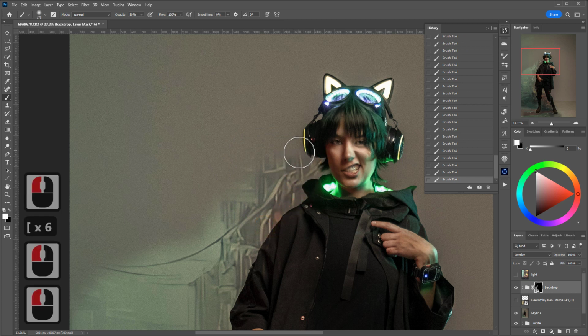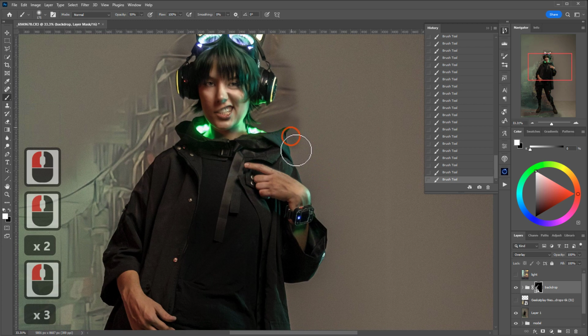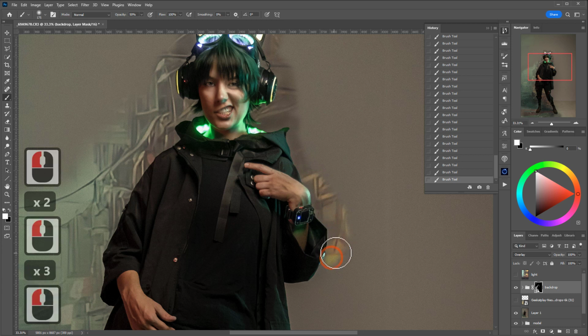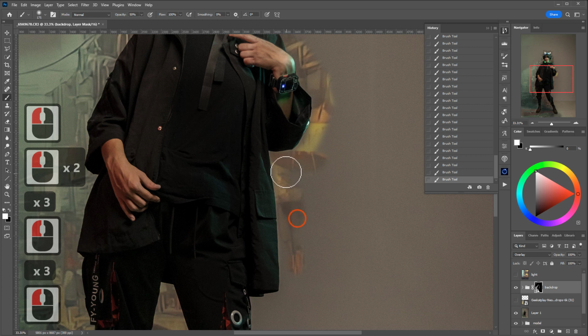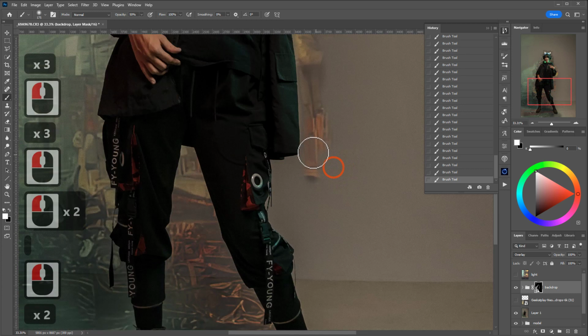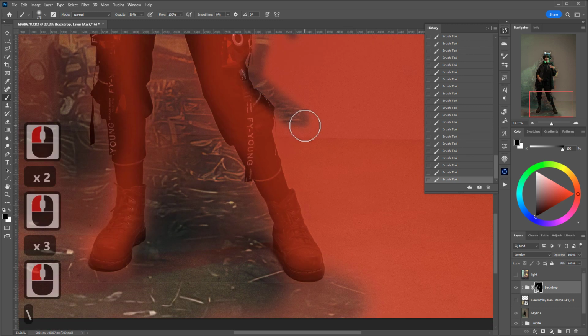Okay, right there. Let's go around a little bit. And around ears, just a little bit more careful, because I don't want too much going over her outfit, because we're going to use other effect for that. But we're going to add one thing with overlay with this effect,